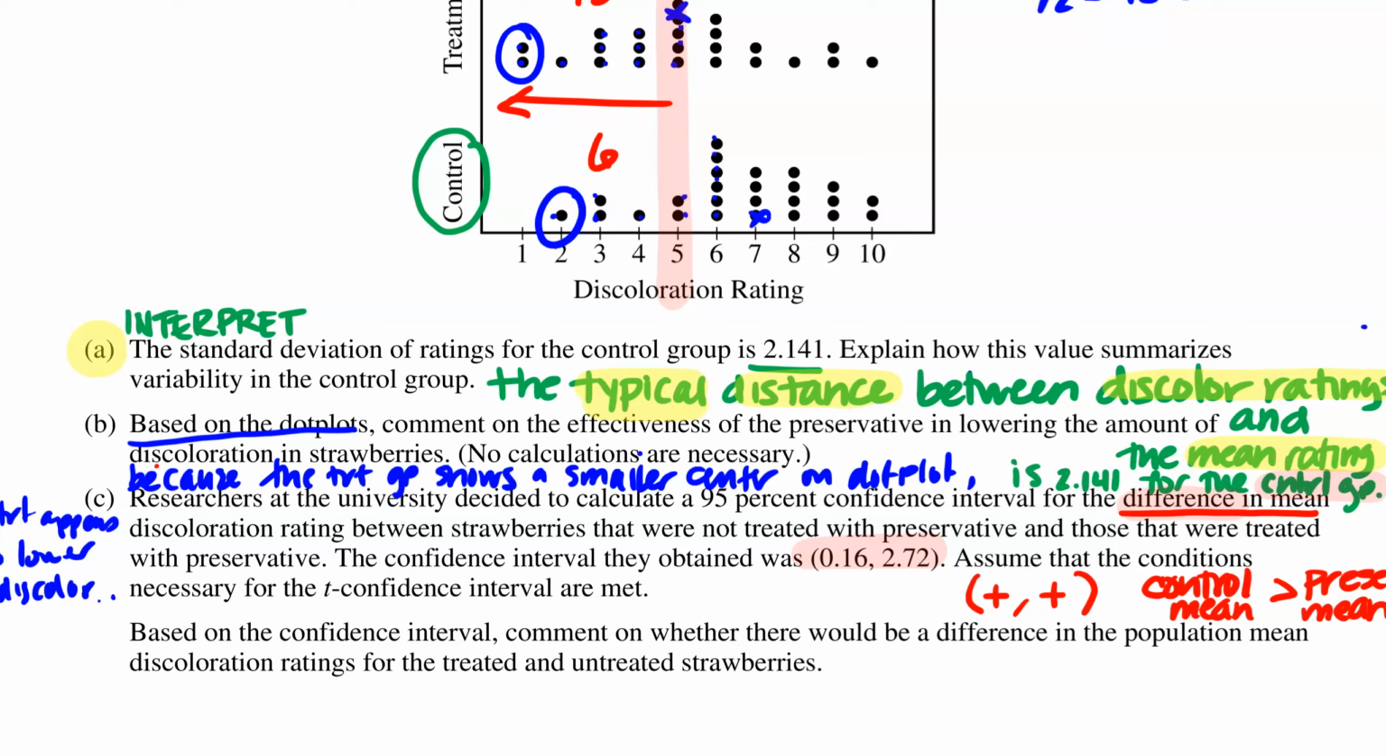And then it says, based on the confidence interval, comment on whether or not there will be a difference in the discoloration for treated and untreated strawberries. So now they're saying, okay, can we actually say something based on the interval? And so this is where the rubric, and hopefully you guys did 2 things. You said, since 0 is not in the interval,